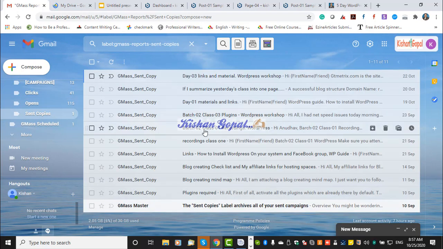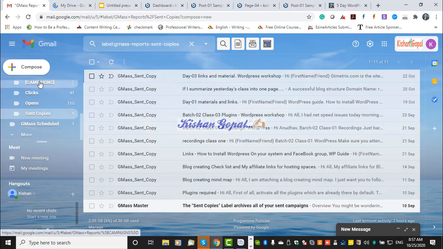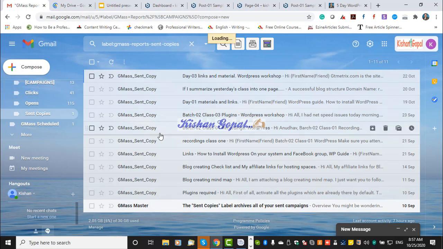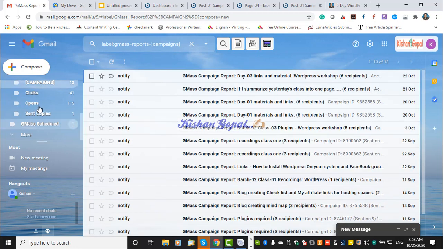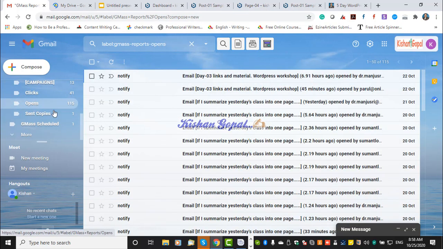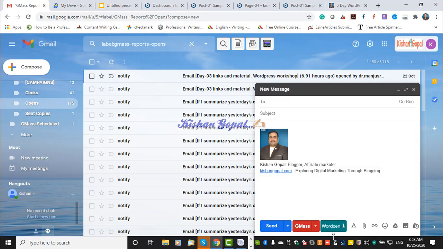I just want you to install GMass on your Google Chrome. Once again, if you have installed GMass, it comes as an option here. You can enter up to 50 email IDs per day, but it goes to each user's inbox as if you sent it to them privately. After your mail reaches their inbox, depending upon their action, whether they opened it or didn't, you can schedule your next email. So if you understand how to use GMass, you will get the basics of email marketing.